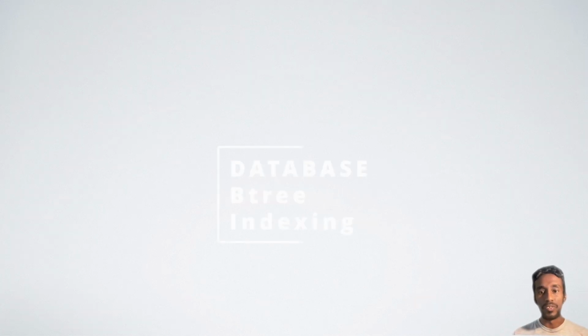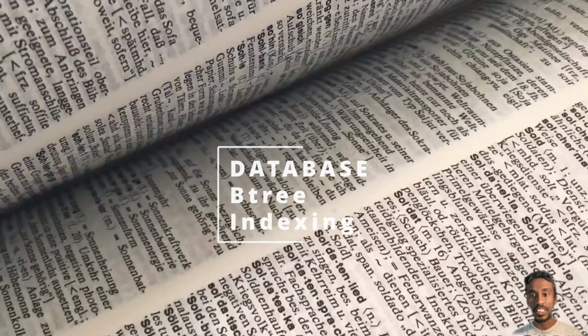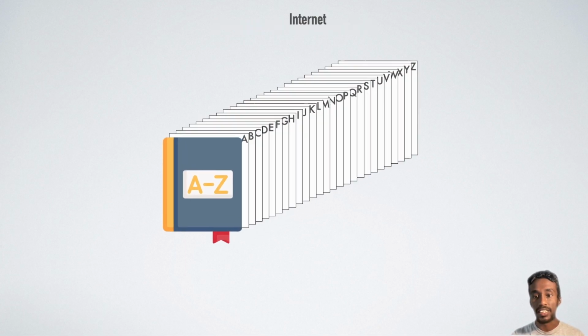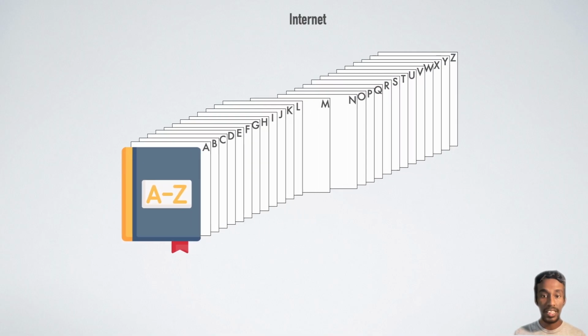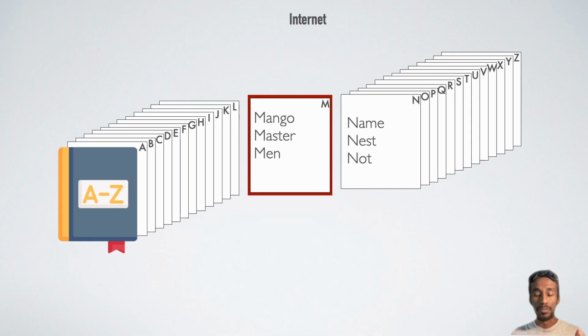Are you tired of flipping through every single page of a dictionary and trying to find one specific word? Well, have no fear, friends, let's do it with the power of elimination. Assume you want to look up the word internet in a dictionary. You grab your dictionary, give it a good shake and land on a random page that starts with the letter M. You know that your word must be located before that page, so you can eliminate the right half of